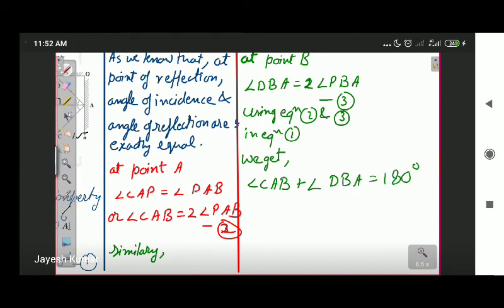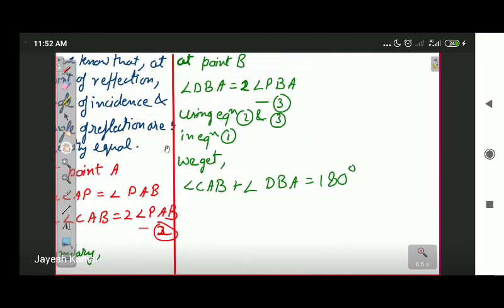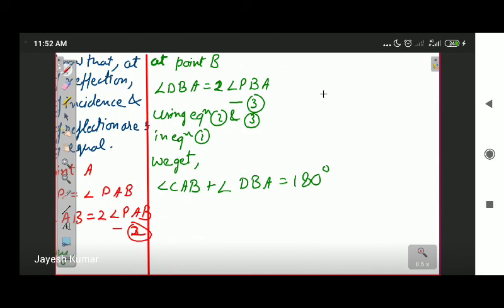So what we have proved till now is that the sum of complete angle B and complete angle A is equal to 180 degrees. That means these are a pair of supplementary angles. Let me remake the diagram for you for better understanding. We have proved that for two lines, with this as the transversal, the sum of these two angles is 180 degrees. That means the pair of co-interior angles are supplementary.